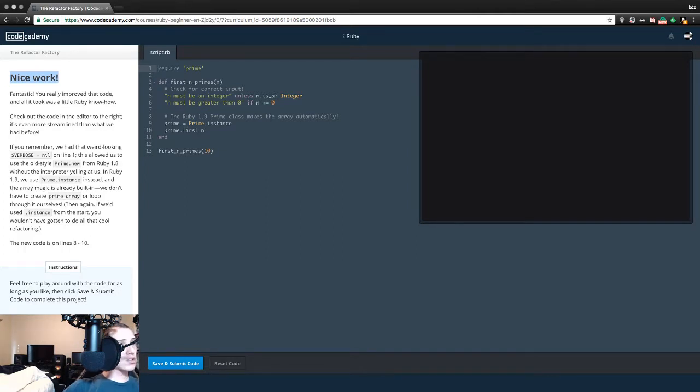Speaking of working, nice work. Fantastic. You really improved that code, and all it took was a little Ruby know-how. Check out the code in the editor to the right, and we're checking. Beautiful. It's even more streamlined than what we had before. If you remember, we had that weird looking